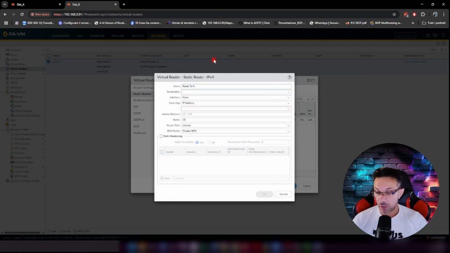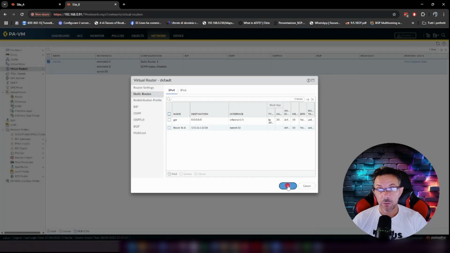So if you want to reach the 172.16.1.0/24 network, use the tunnel interface with no next hop configured. Okay,